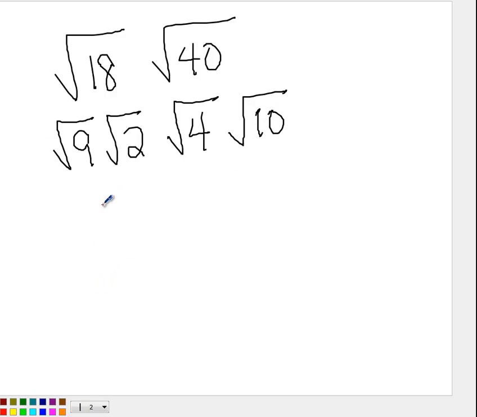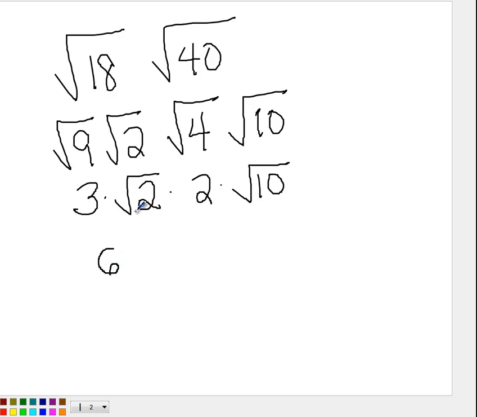Okay, so the square root of 9 is 3. We cannot do anything with the square root of 2. I'm going to put little multiplication signs in here. The square root of 4 is 2, and the square root of 10 we're going to leave as is. So we can multiply everything that's on the outside, the radicals, and then we can multiply everything underneath the radical. So 3 times 2 is 6. I'll multiply these. And then the square root of 2 times the square root of 10 is the square root of